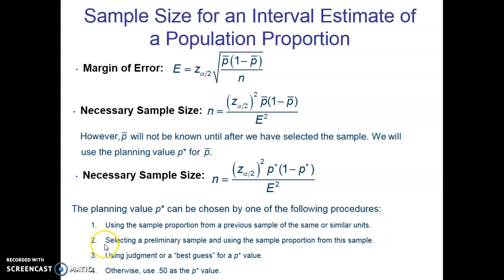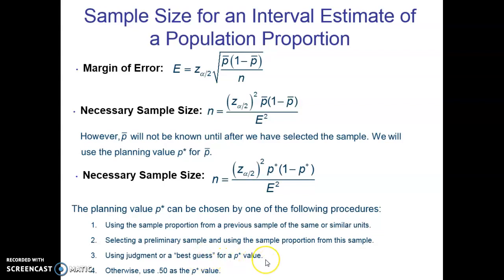The second option is to select a preliminary sample and use the sample proportion from that sample. Now, that's possible, but it does add to the cost and time frame under which the study is taken. Option 3, using judgment or best guess for a p-value. This, of course, would be the least credible, but may be appropriate if we can get close with a guess